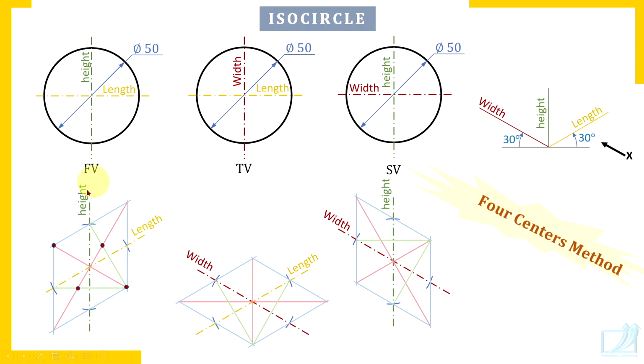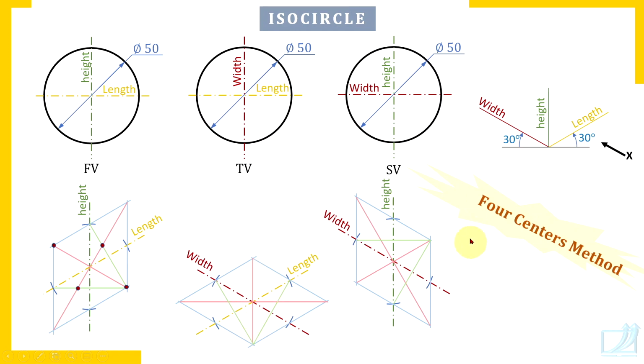So listen, this height axis and length axis. Height and length axis create four quadrants. In isometric views, these quadrants get distorted. Out of these four quadrants, two quadrants are wider. So you get one center in each quadrant. One center in each quadrant. And how to get those four centers? One in each quadrant. Try to understand once again here.